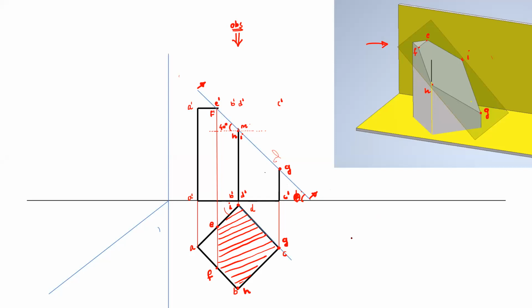So when you draw this line, that is the hatching line. Take this angle as 45 degrees, and you can take the distance between 2 lines as 2 mm. So this is the sectional top view.